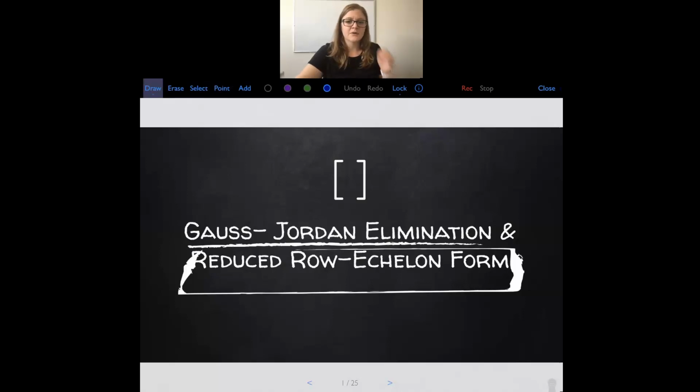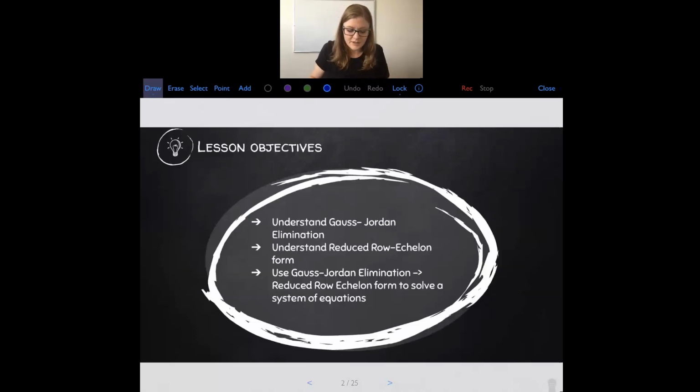In this lesson, we're going to go over Gauss-Jordan elimination and reduced row echelon form. This is another matrix method for solving linear systems of equations in three variables. It is very similar to Gauss elimination and row echelon form, but there are a couple of differences that we'll talk about today. So our objectives are to understand Gauss-Jordan elimination, to understand reduced row echelon form, and then we'll